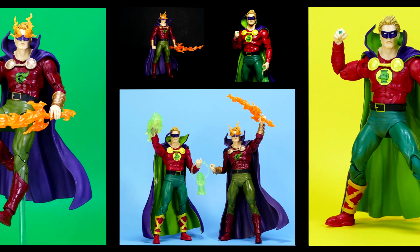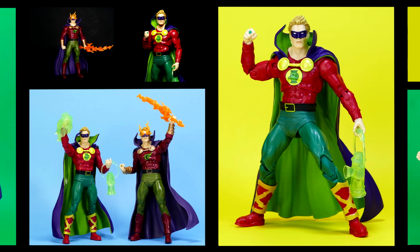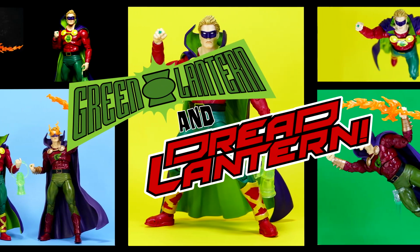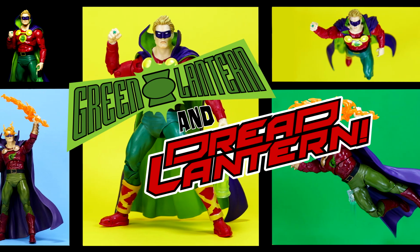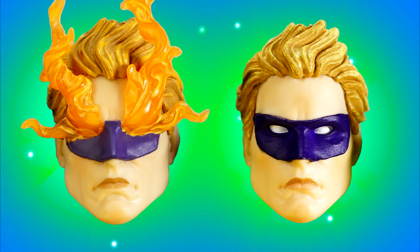Today, I want to present to you my review of the McFarlane Collector's Edition DC Multiverse Alan Scott Green Lantern and the variant gold label Dread Lantern from Dark Knight's Metal. Both of these figures utilize the exact same body buck, and there really isn't very much difference between either of the two. Save for the fact that if we compare the head sculpts of both of these Alan Scott